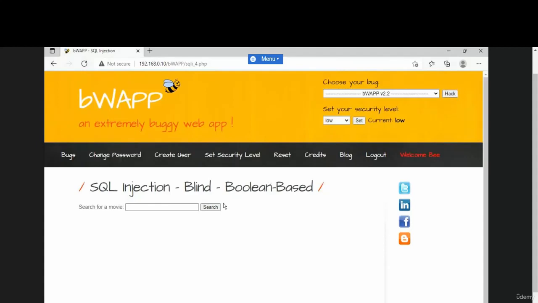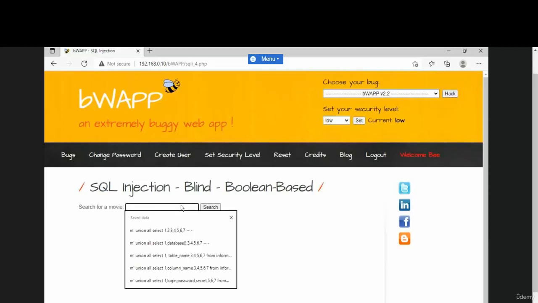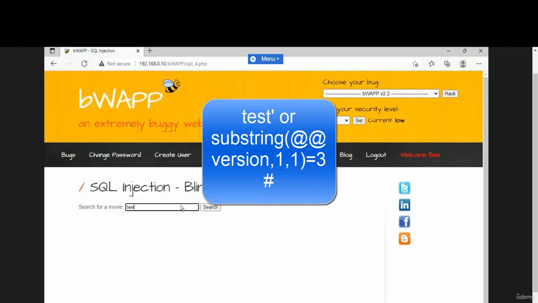Now, first of all, we will check to see what version of MySQL is being used here. Okay, so this is our target and we want to find out the version of MySQL. So we will try whether the version starts with, let's say, 3. So we will type test single quote or